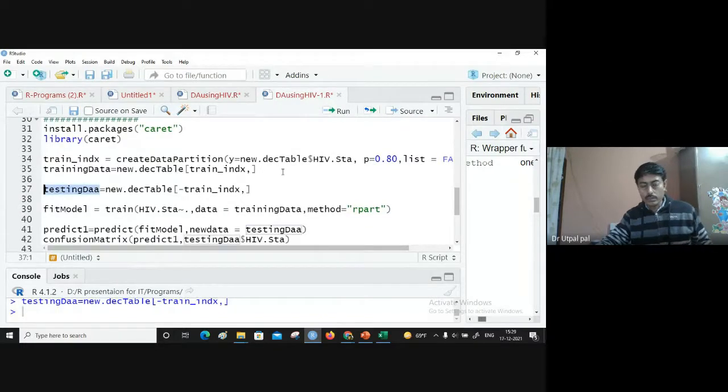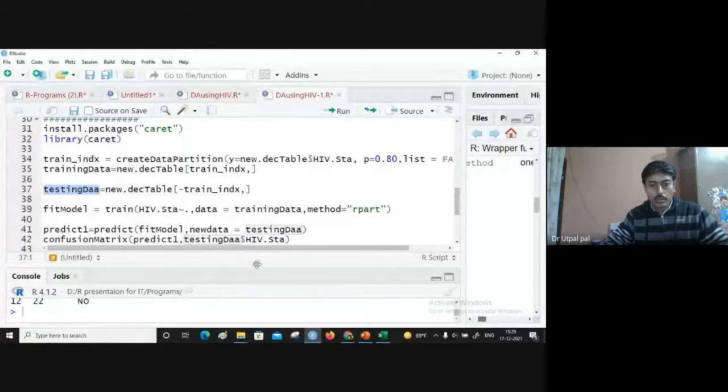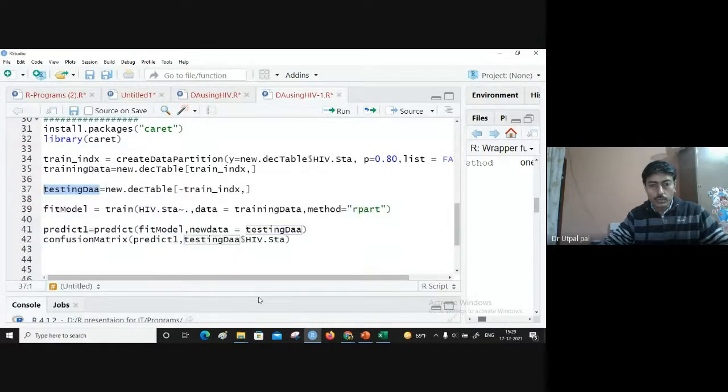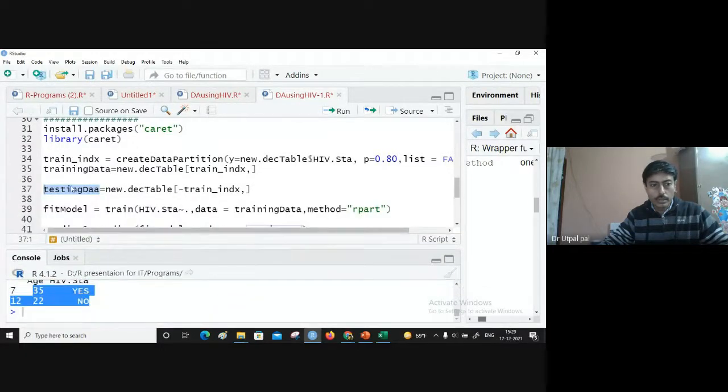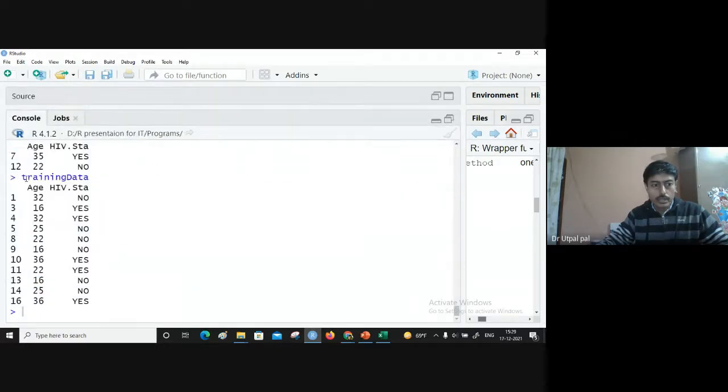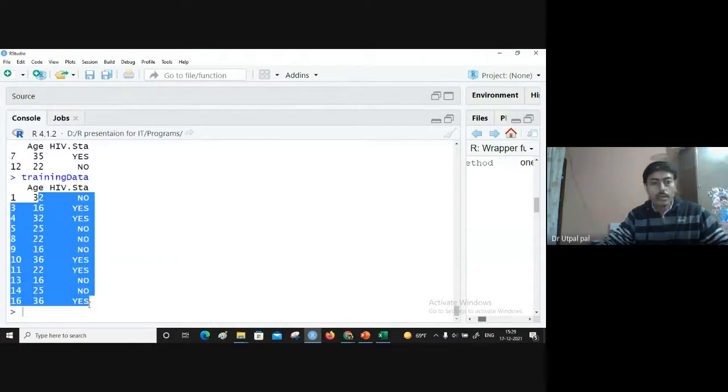Since we have used 80% of the data for training, the remaining 20% is for testing. So here it has taken only 2 rows for testing, because it is only 20%, and for training data we have all the remaining rows.